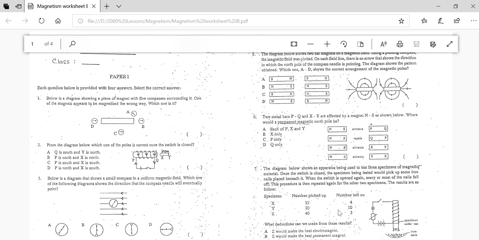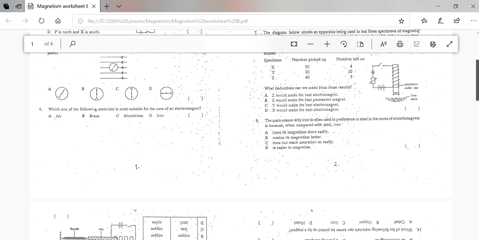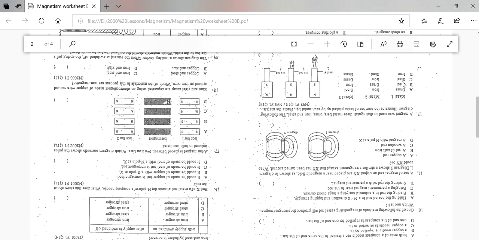Remember, you must be able to recall the magnetic materials are none other than the four NICS: nickel, iron, cobalt, steel. Now, just to let you see how some of these questions may appear in the O level, you can now quickly turn to the worksheet behind the notes. Take a look at the worksheet behind the notes, and I would like you to flip to the question behind this page,